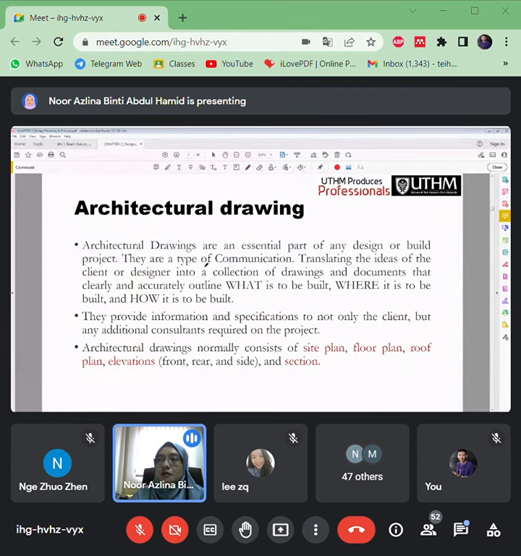Okay, so what information will you get in the architecture drawing? So what is to be built? There, in the drawing, you will see the title block, okay, we mention it as a title block. It has a frame here. Later there will be a picture of the house.